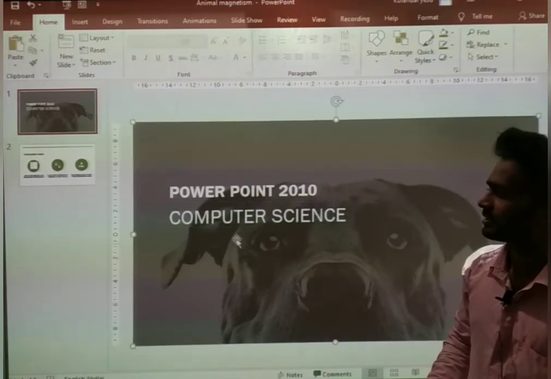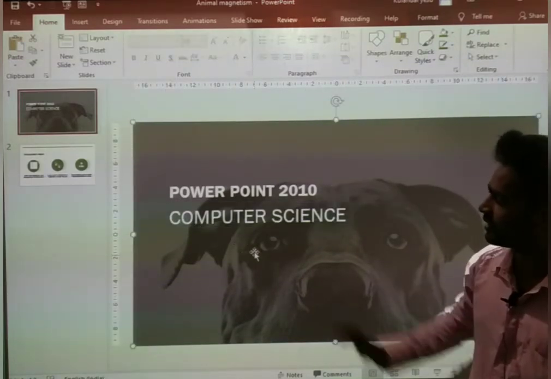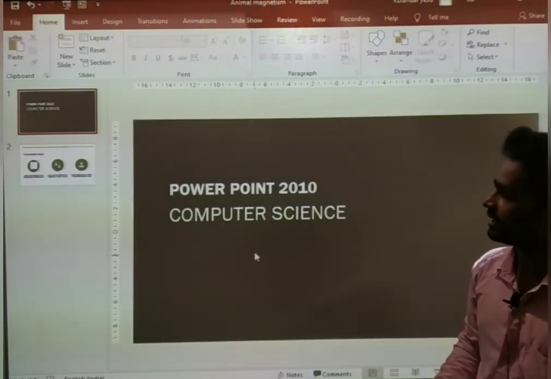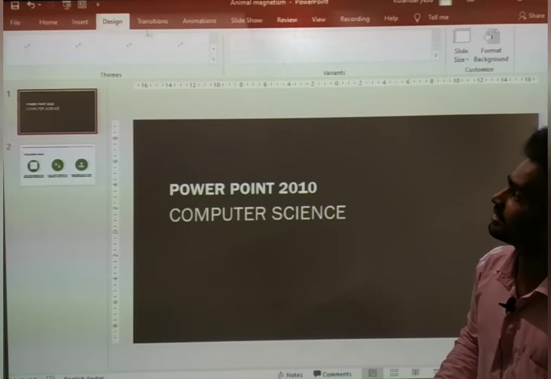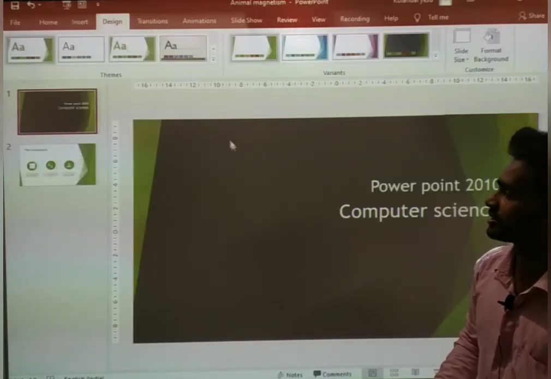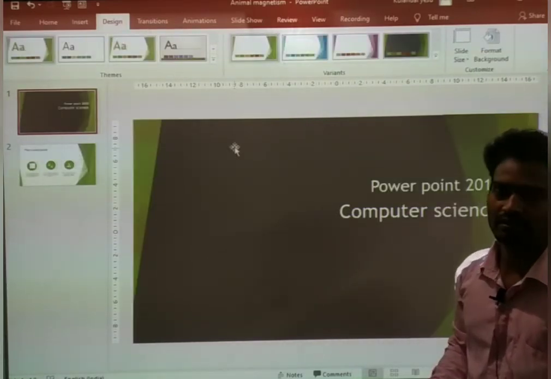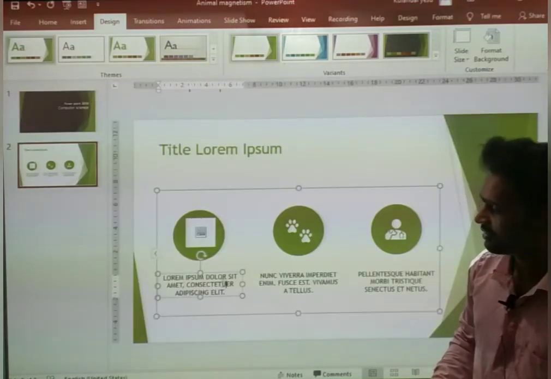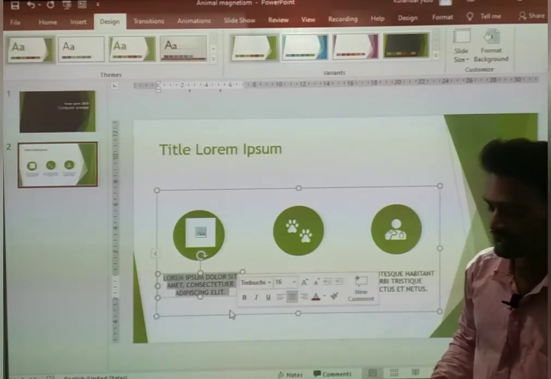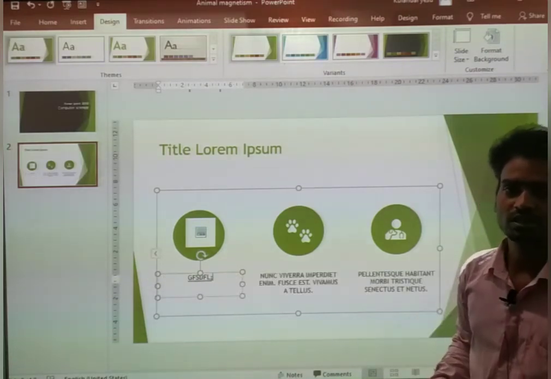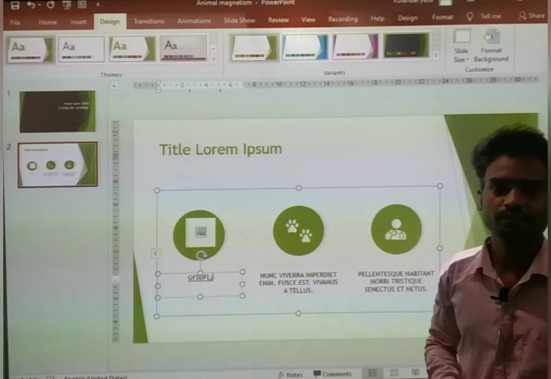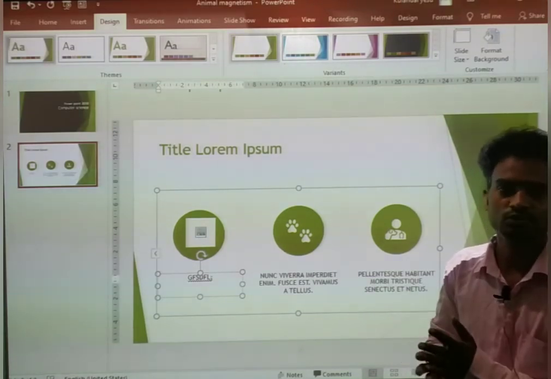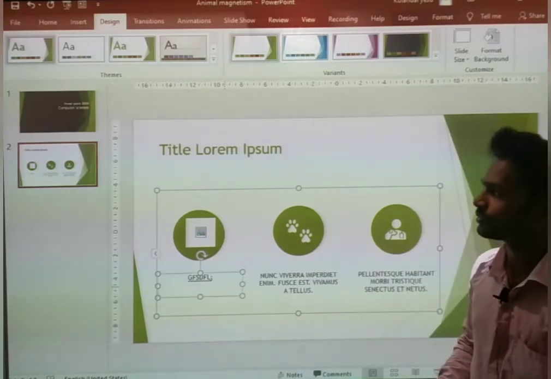See here, changed. And in case if you don't want this background, you can change it. Click on delete, and we can change the design. Change the design. So this is one type of template, something is given, we can change whatever we wish to change. This is called a template, right? This is called template. It will reduce our time to make a presentation. I will give you one more demo.